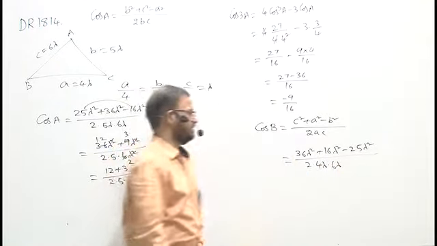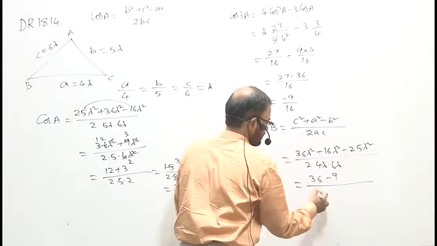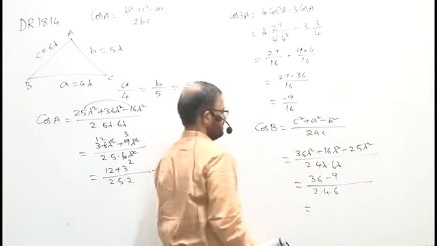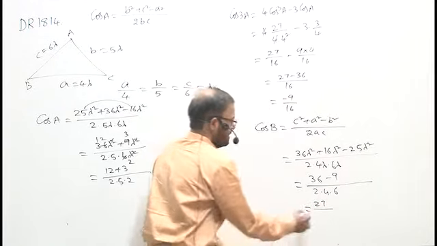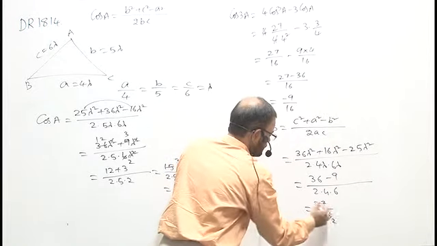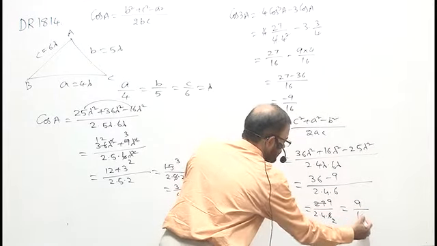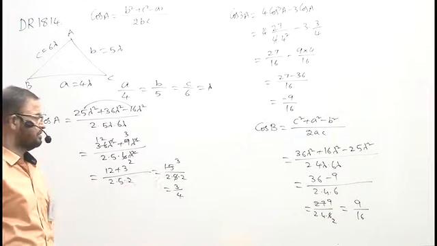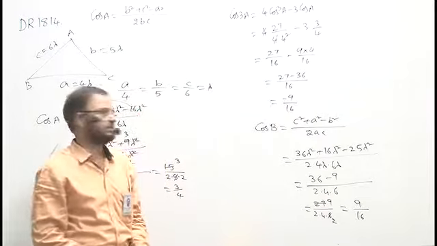Lambda square cancelled, then I will get 36 minus 9, over 2 into 4 into 6. I can say 36 minus 9, that is equal to 27, divided by 2 into 4 into 6. Still I divide here, 3 2's are 6 and 3 9's are 27, that is 9 divided by 2 into 2 into 4, it is equal to 9 by 16. I am obtaining cos B is equal to 9 by 16 and cos 3A is equal to minus this.